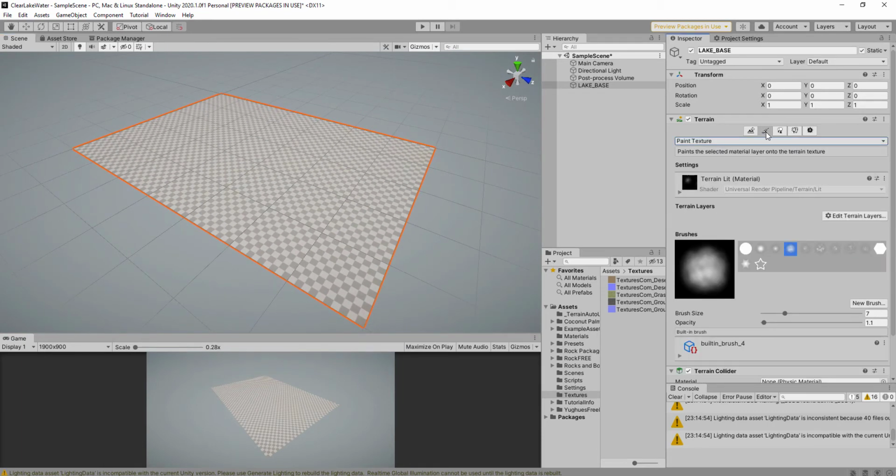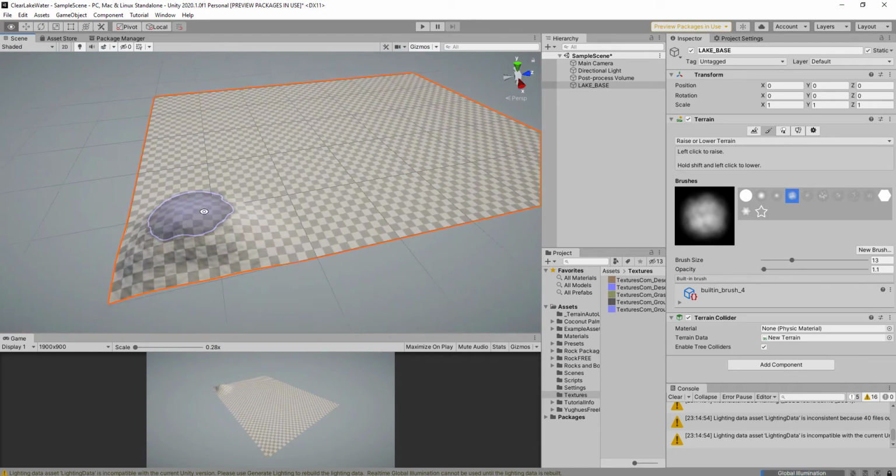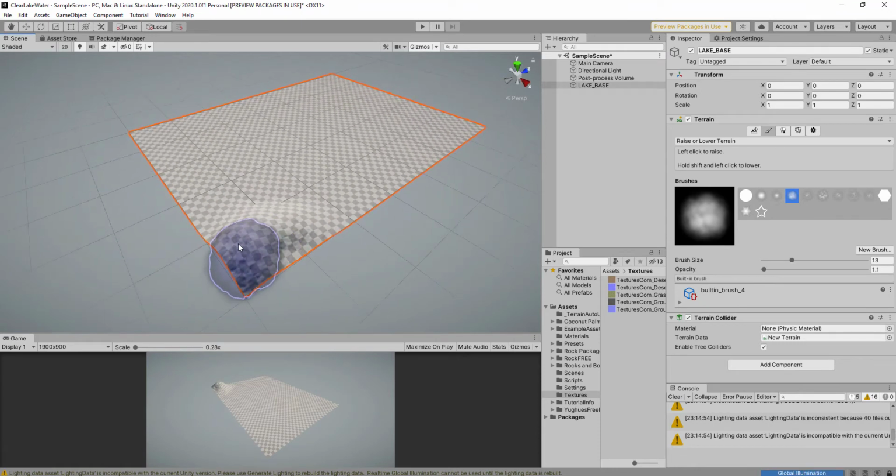We can choose this brush and rise or lower terrain, and my brush, and as you see, step by step we can increase this level,